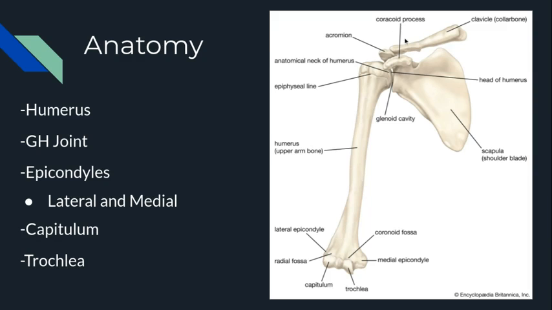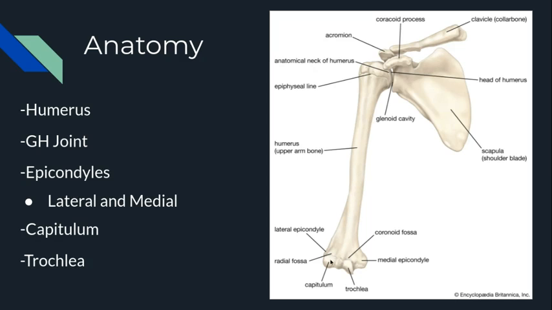Here is the clavicle, and there's the GH joint right here, known as the ball and socket or shoulder joint. And this joint is where the humerus head is located, and the anatomical neck and epiphyseal line of the humerus, and this is where the fractures tend to occur for a proximal humerus fracture. Then, as it gets narrower, you get the humerus shaft, and then